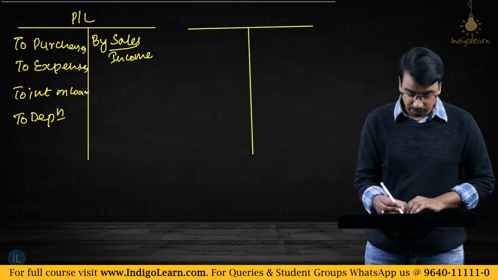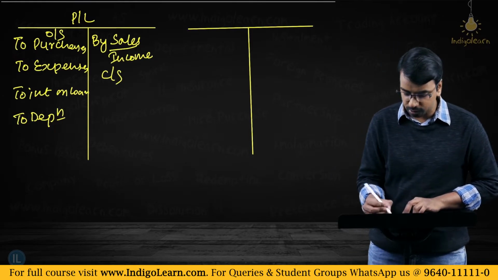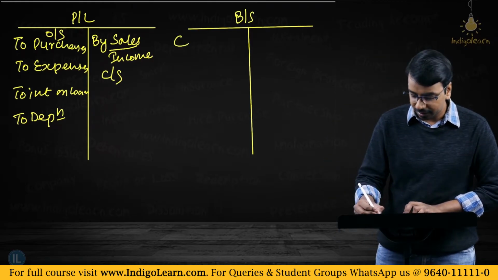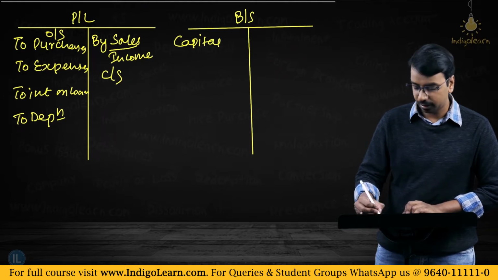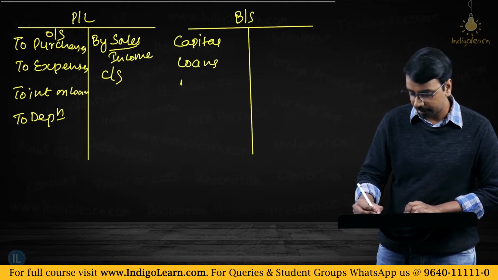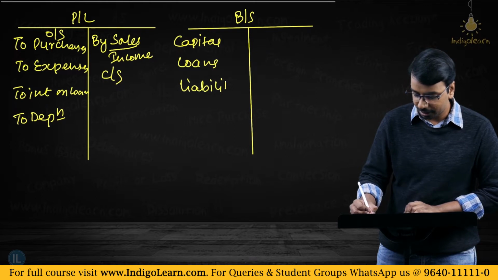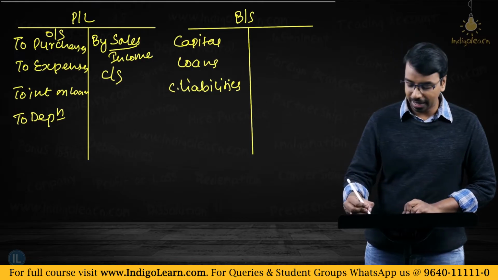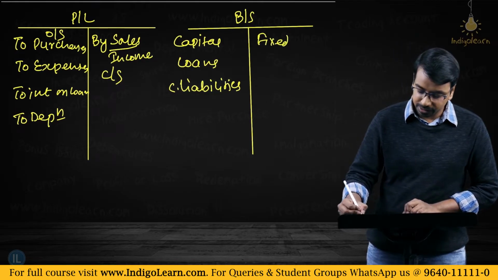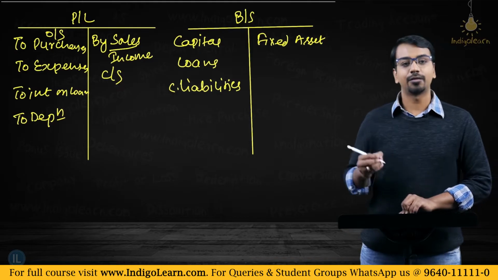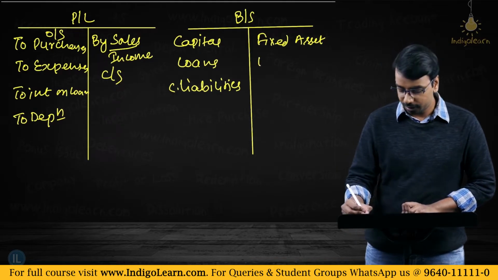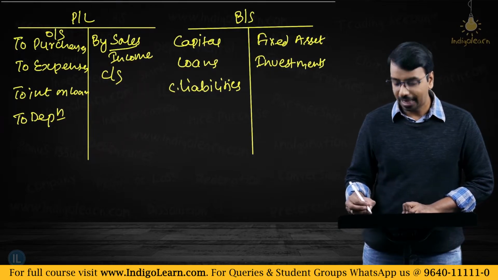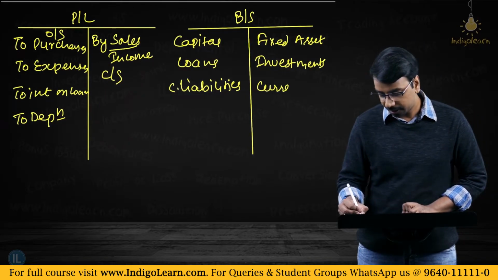Now apart from this, obviously you will have something called opening stock here, closing stock here and all those things. If you come to your balance sheet, broadly you will have capital, loans, other liabilities, so basically your current liabilities, and on the asset side you will have fixed assets, then your investments and your current